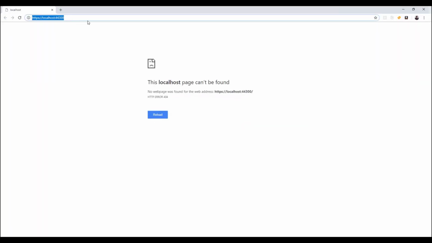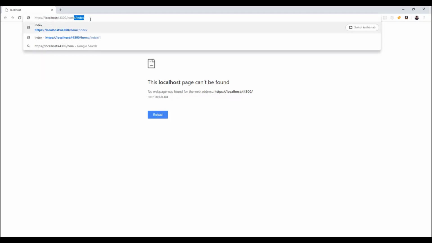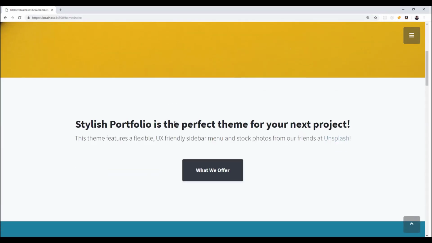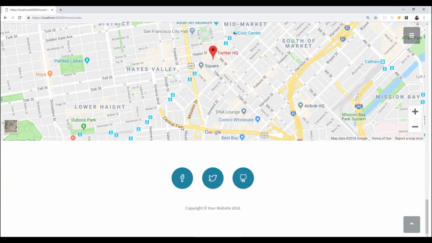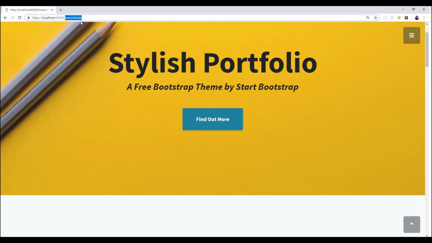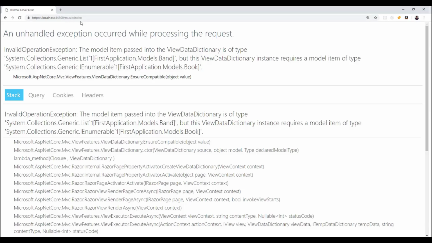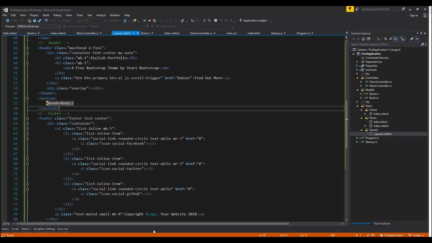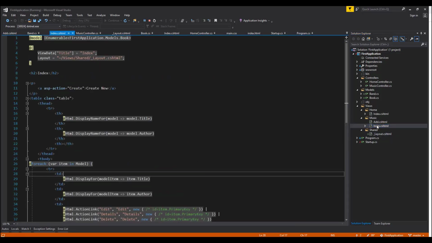All right, so we're going to navigate over to home index. And then now you can see that we get the full thing like we had with our layout before. That's fine. But if we go to music and we go to the index, we're still not getting it. Oh, that's right, because we didn't update the template. So if we go over to the template, we need to update the template for this music index file, because